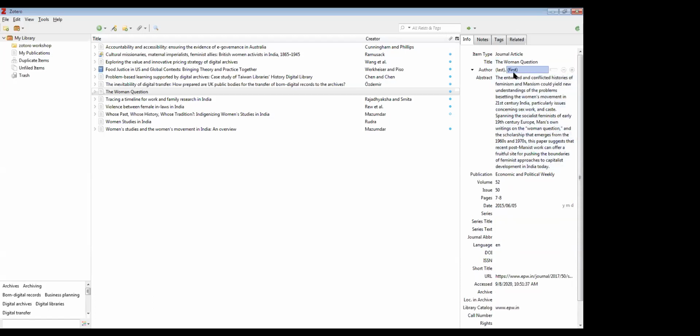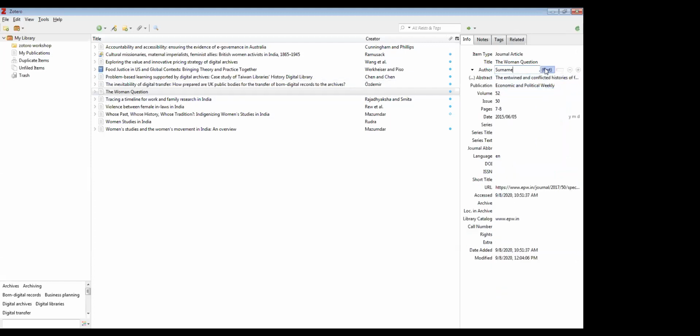The second field is author. Here the author field is repeatable, which means you can have more than one author by clicking. Suppose I say X as the surname, and here I say the first name. This is the dummy name I am giving.